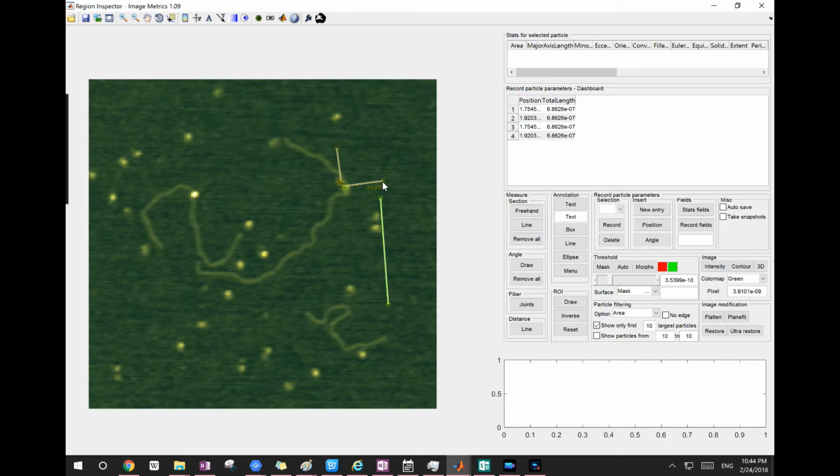So if you want to add these measurements to the table, I'll discuss the recording later, but to add the measurements in row 1, you have to click a cell in the row. It's basically selecting that row. If you don't click any cells, then the measurements will be added as a new row at the end. So in this case, I just select the first row and then right click this angle and say add to angle 1. So right now I have the angle already added, as you see,